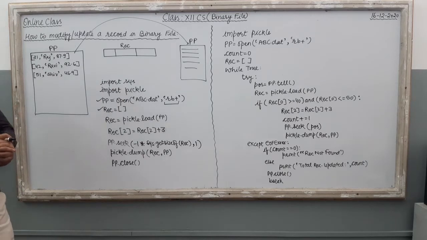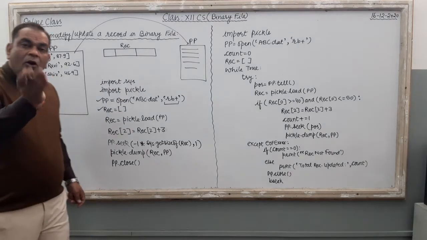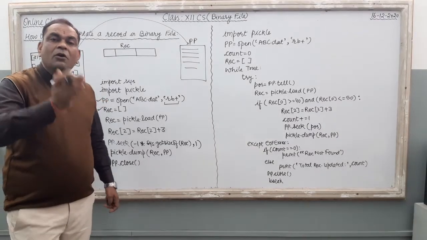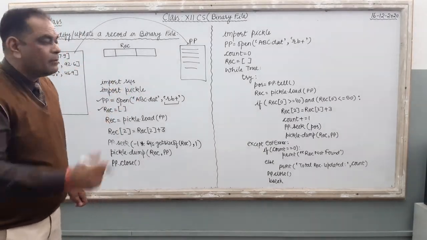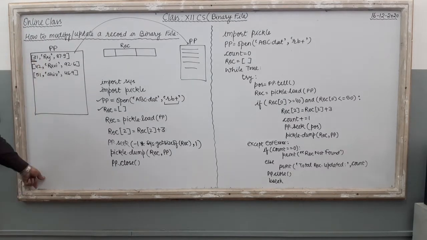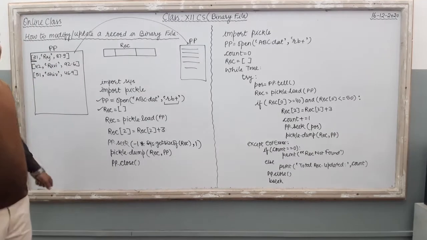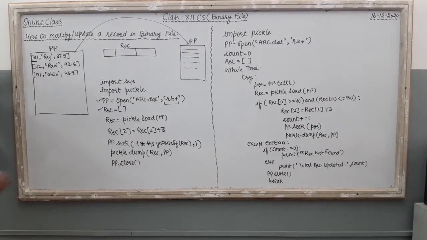Now you have to see, when you open the file, either in the read mode, the write mode or the read plus write mode, the cursor, the file pointer, should be here at the very beginning of the first record, of the first object. It is known as 0th position. Your file pointer is here at the beginning, and this is the 0th position.